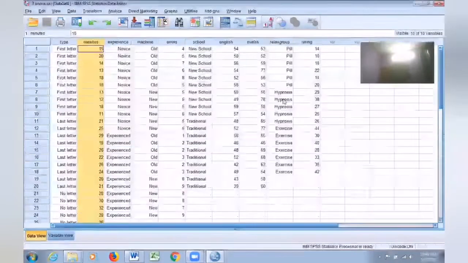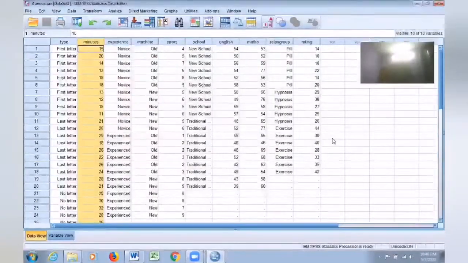Now, let me go to the next test called two-way ANOVA. So what is the difference between one-way ANOVA and two-way ANOVA? It is very simple. Both are exactly the same procedures, same techniques, same steps. The only difference is that in the case of one-way ANOVA, we have taken one independent variable and one dependent variable. But here, we are going to take two independent variables. So we are going to see the effect of two independent variables on a single dependent variable.